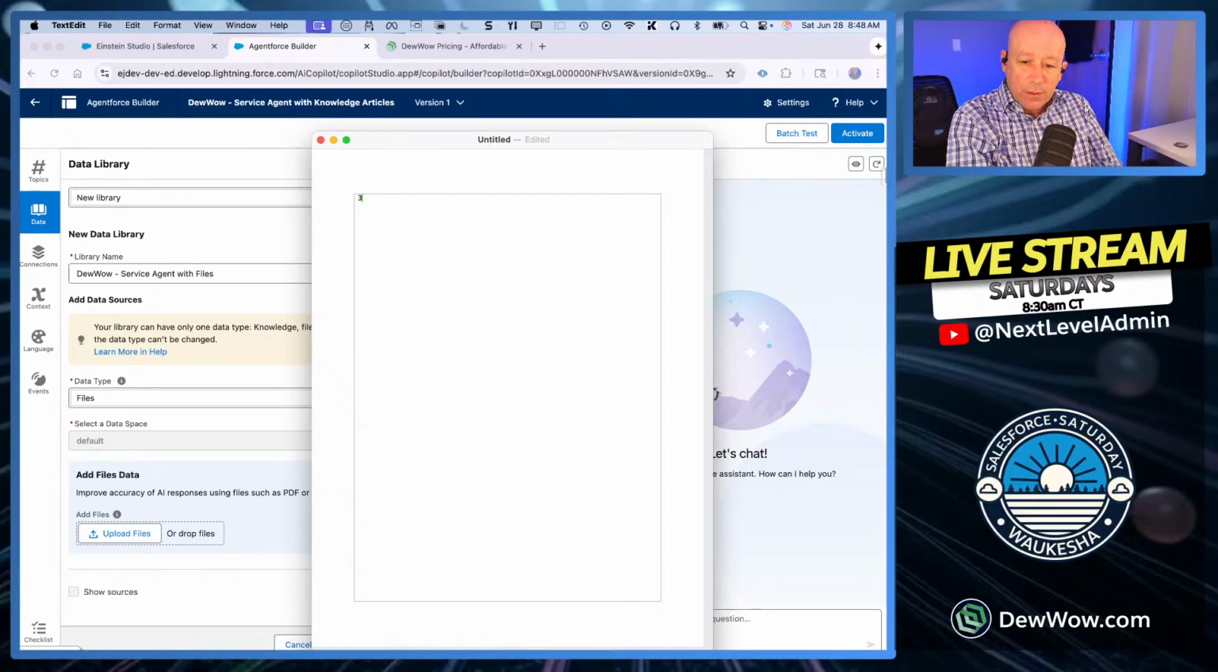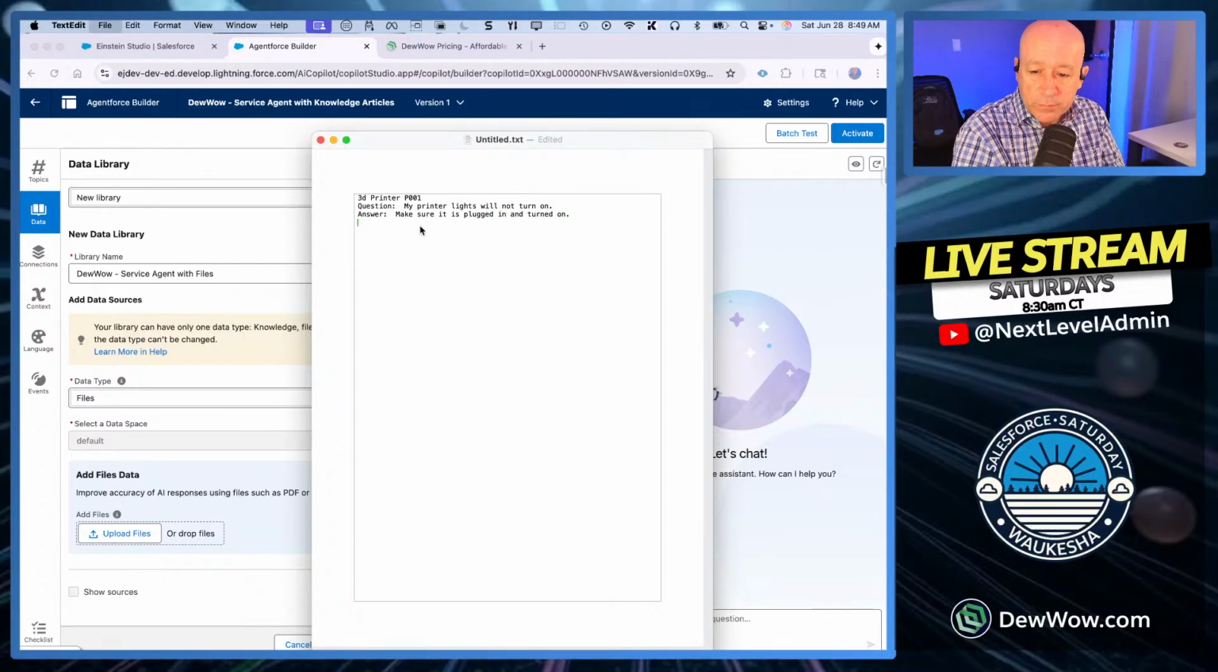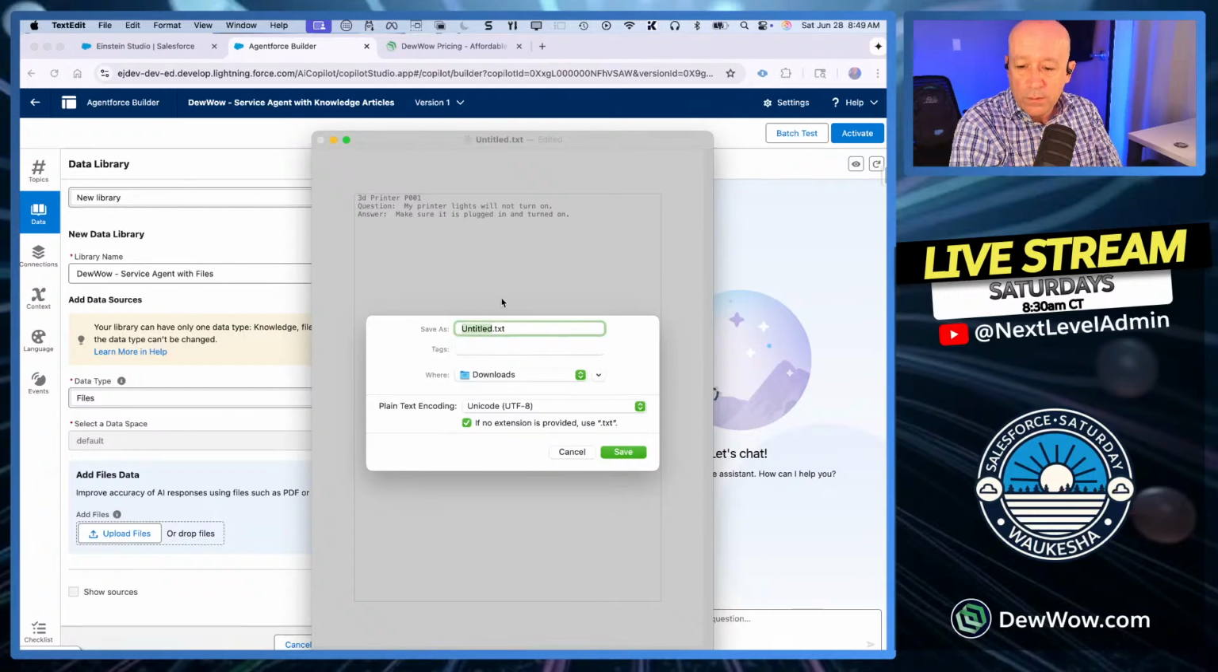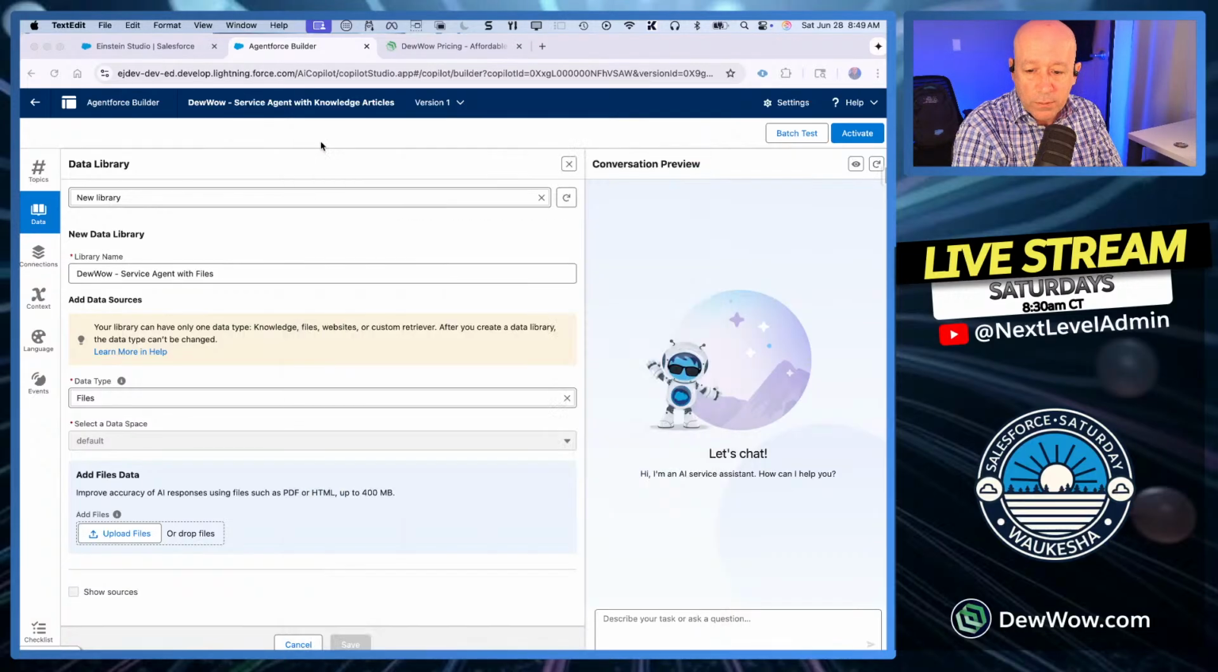Say, 3D printer P001. Question: why printer lights will not turn on. Answer: make sure it is plugged in, turned on. So if I take that file and drop it in,